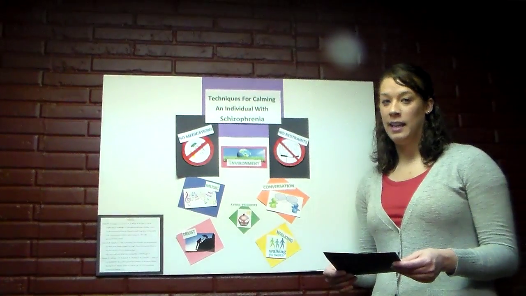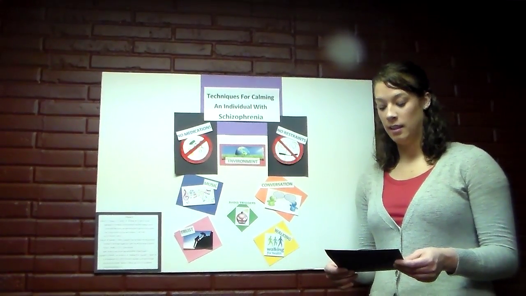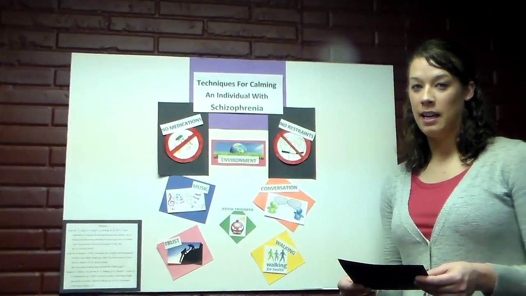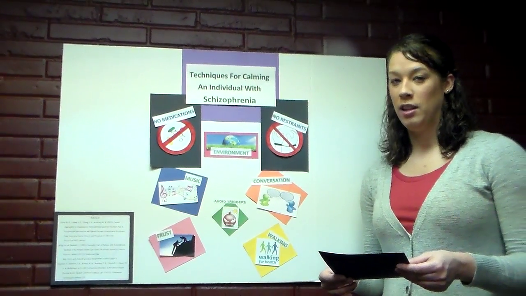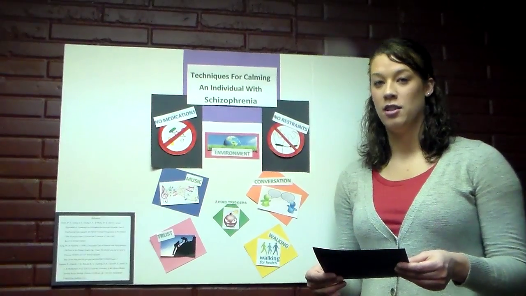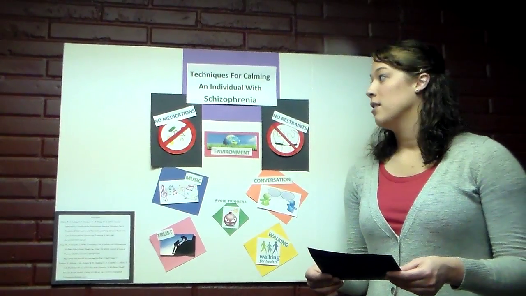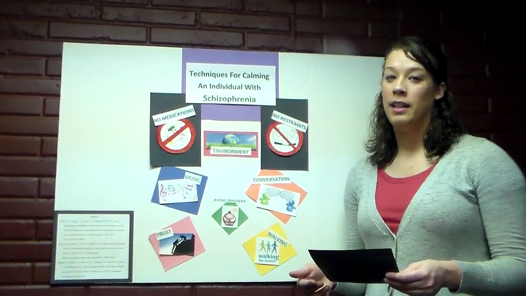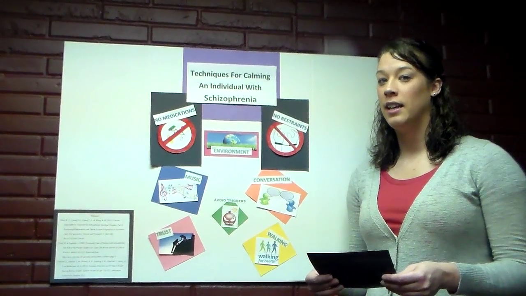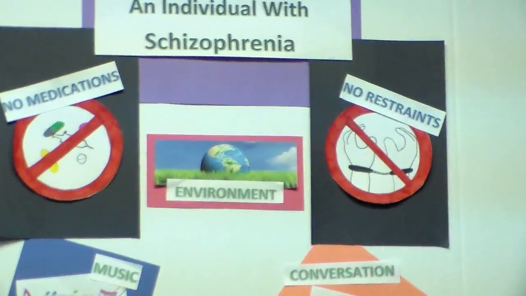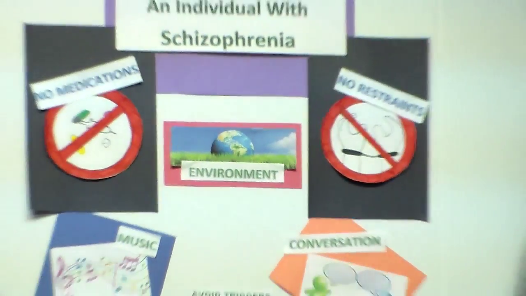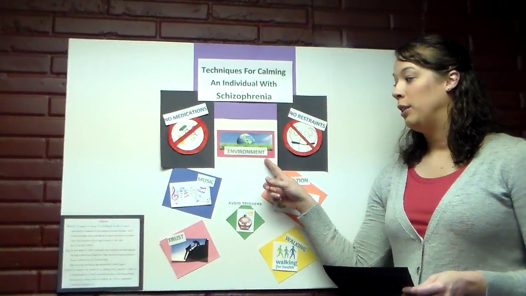According to Chien, Leung, Yeung, and Wong, 2013, schizophrenia is a disabling psychiatric illness associated with disruptions in cognition, emotion, and psychosocial and occupational functioning. When somebody with schizophrenia is not acting or functioning the way that nursing staff deem appropriate, it is very easy to turn to medications or restraints. However, this is not the answer. The answer is to provide a safe environment or milieu for the patient.